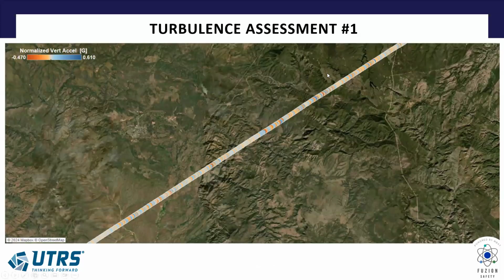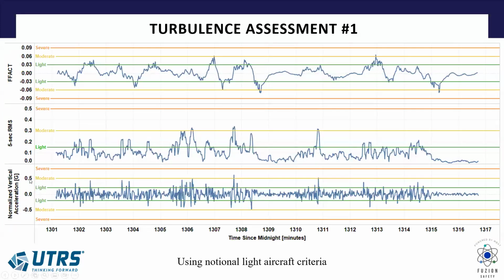All right, as you saw, they were at 10,500, and looks like they're out over the southwest, over the mountains, and you can see the colors changing back and forth, back and forth. That's the G's level. So something you have to guard against in detecting turbulence is, hey, no, that guy was in a turn. That's why you got G's. So for the G's, you want to see turbulence go up and down. So this is down and up and down and up. That's probably turbulence. Whereas if it just stayed on one side, the positive side, that's probably a turn where they're having to hold G's just to maintain level flight.